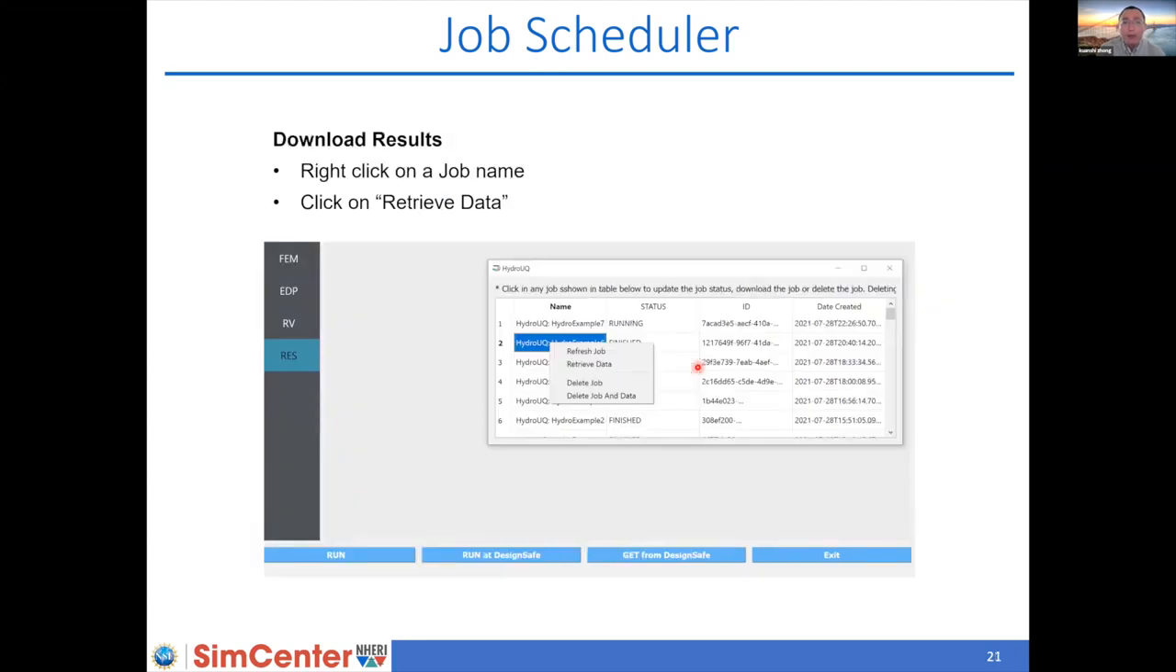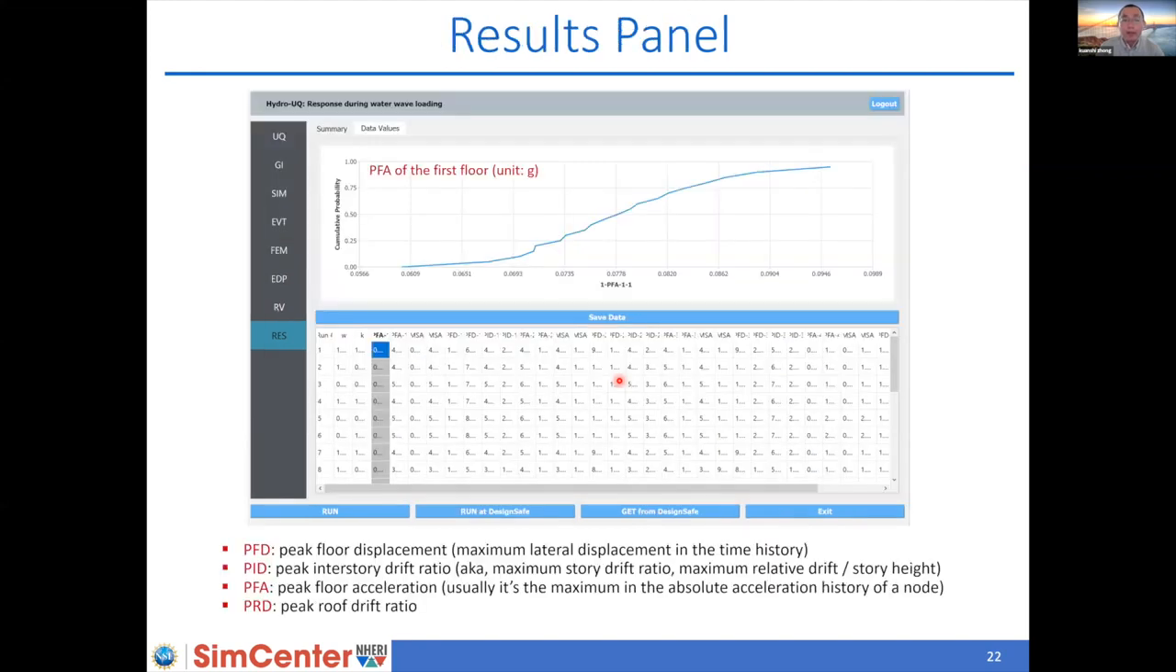Once you see the job finished in its status, you can right click on the specific job name and click on Retrieve Data to get the results back. Typically we will finally arrive at this table once the results load correctly, meaning the analysis finished without error. And again, from this tab, maybe I can do a side-by-side